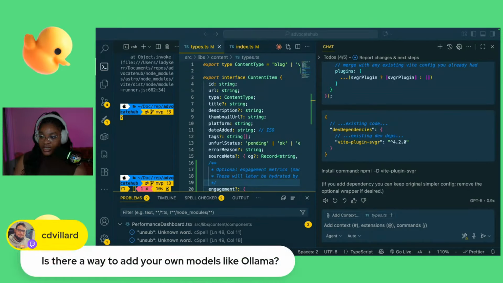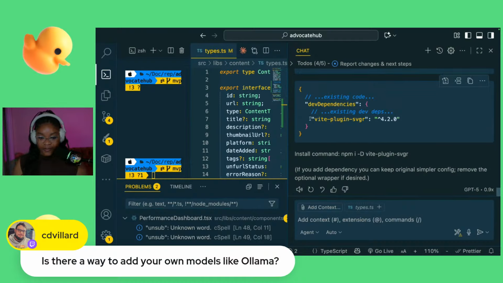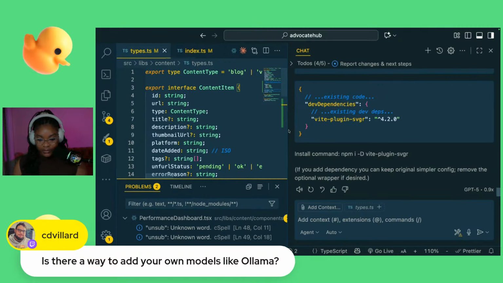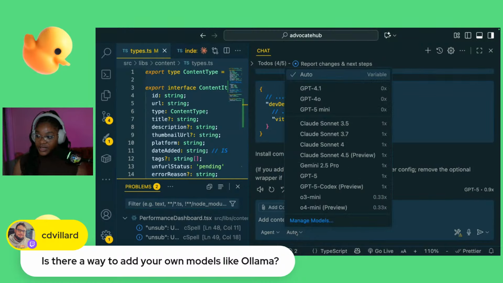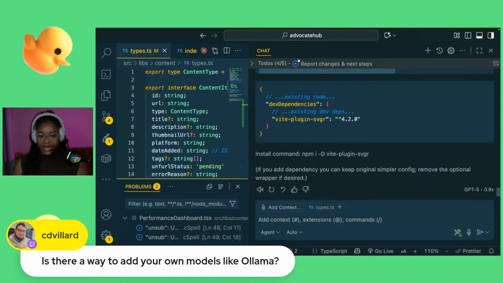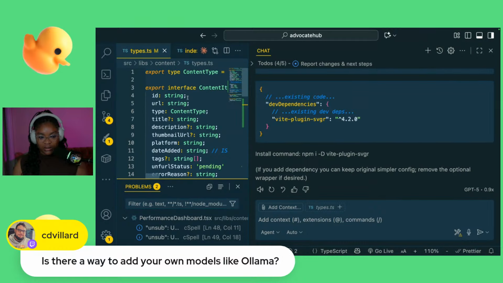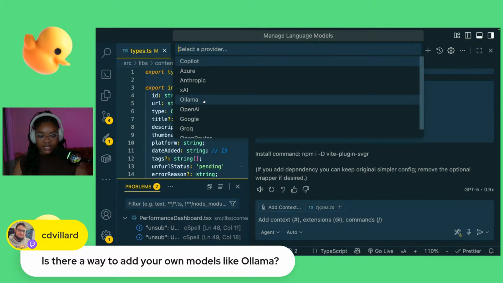Oh, great question. Is there a way to add your own models like Ollama? If you go here, let me zoom in so you can see. If you click the model picker here and go to manage models, you see Ollama here. You can add your API key. There should be a pop-up where you select your provider and add your API key.